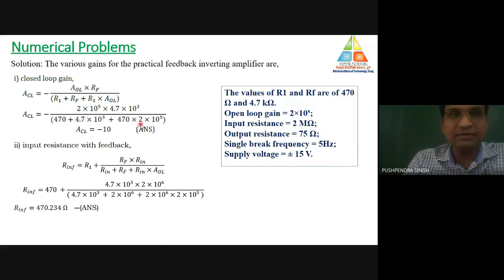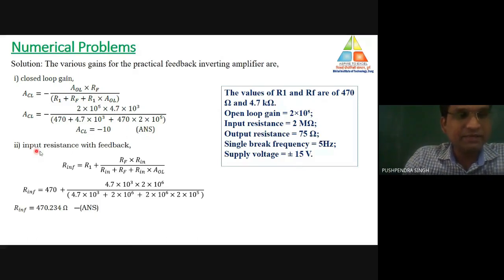So these are the parameters. So all the parameters are given. Just substitute the values and you will get the result. So closed loop voltage gain is minus 10. This minus sign, as I told you earlier, is only specific for phase purpose. That means there is a phase shift of 180 degree in between input and output, nothing else.